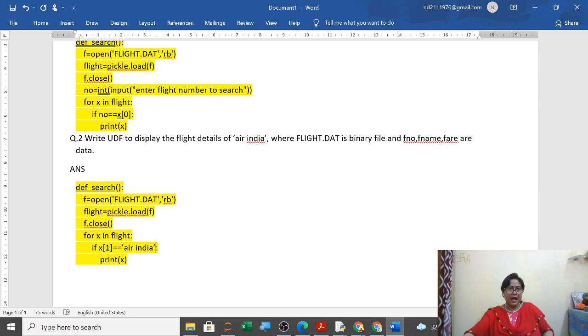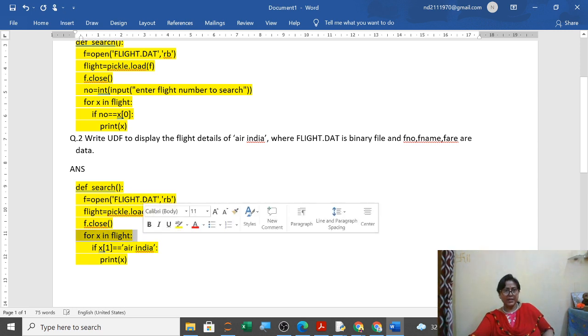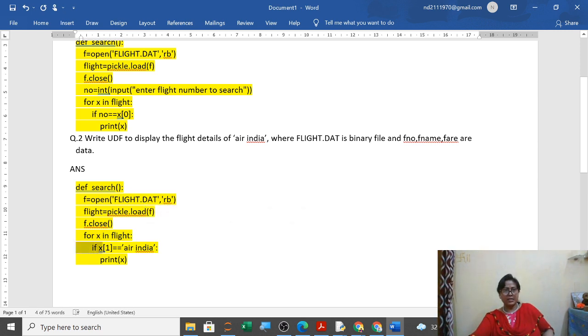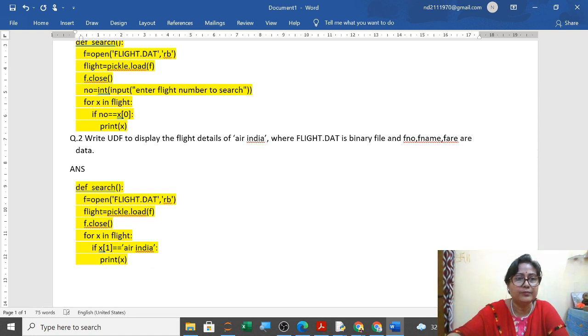I am opening the file in read mode. I am loading the contents, and then one by one I am taking and I am checking. One is the name, so X1 I am checking. If it is Air India, then it is printing. Over. Clear? Now the next one is